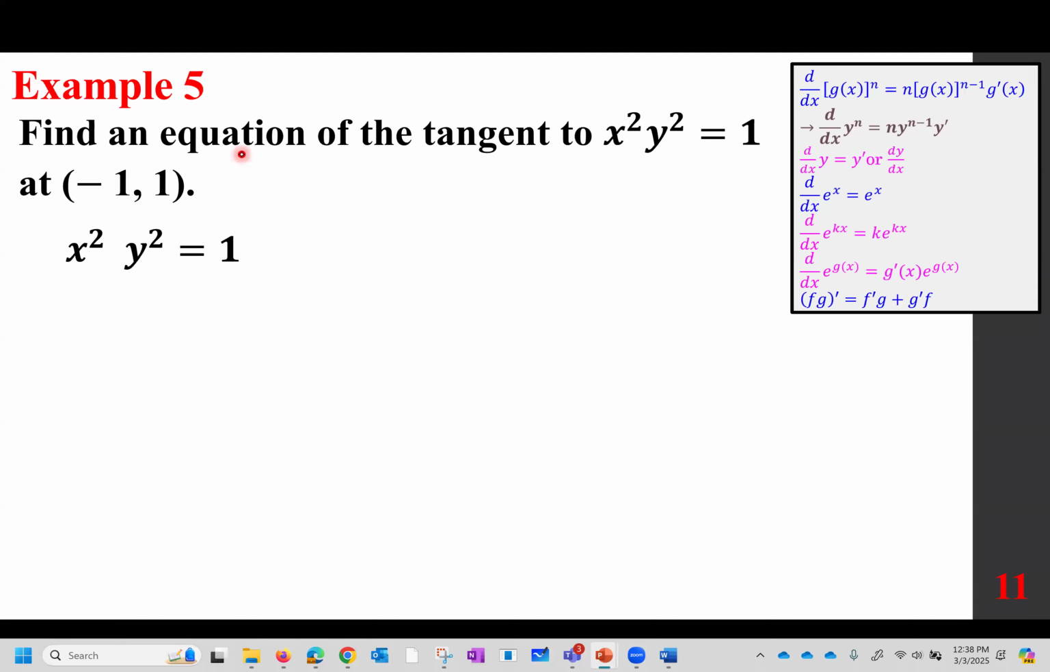Find an equation of a tangent line to x squared y squared equals 1 at negative 1 comma 1. So what's happening is that in order to find the equation of a tangent line, we need two things. We need a pair. We need the slope. To find the slope, you have to differentiate. To differentiate, we notice it is the product of x squared and y squared. We put a raised dot in between, which means